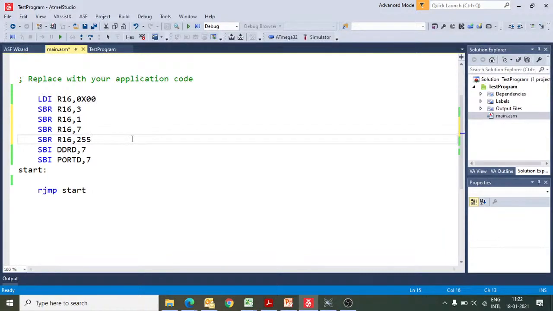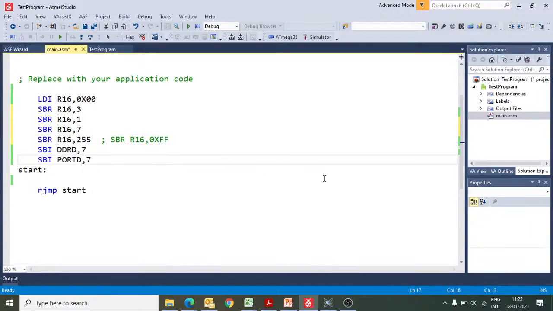I can also write instructions in decimal like this. I can also write in this way, SBR R16 comma 0x5. Both the instructions are the same. If I write 0xFF here, that means it is a hexadecimal value. If you do not write 0x, that means it is a decimal value. The hexadecimal value corresponding to 255 is FF. So both the instructions are valid.